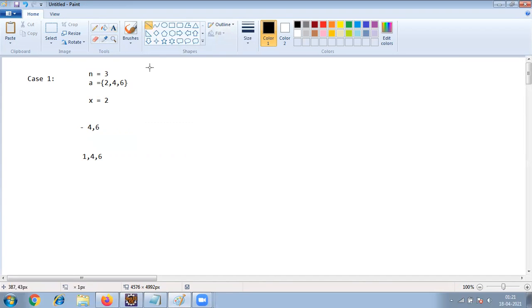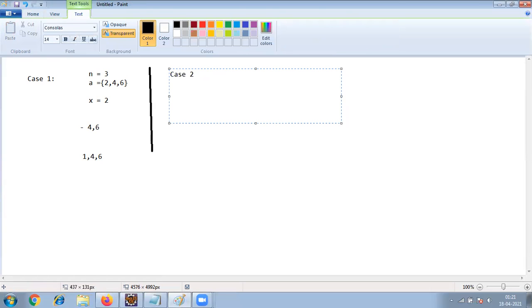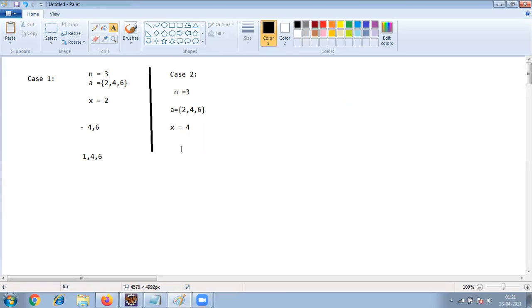So what about case 2, friends? Let me take case 2 here. Case 2 is also the same, friends: n equal to 3 and a equal to the same elements, 2 comma 4 comma 6. Now what about the x value? X is not 2 now, it is 4. So is 4 available or not? Yes. Then what do you have to do?